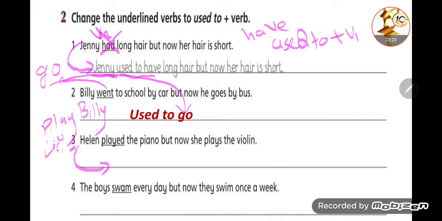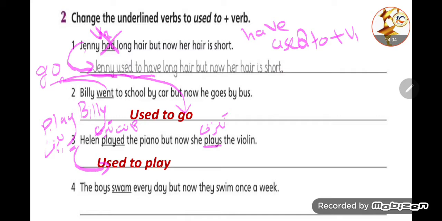Helen played the piano but now she plays the violin. هي كانت تعزف البيانو، تمام؟ but now she plays the violin. لكن الآن شو بتعزف؟ هي بتعزف الفايولين اللي هو آلة الكمان. so بننزل هلن مثل ما هي وبنضيف used to، بنحط الفيرب 1 من play to play. دايما يا مس بالused to أو didn't used to أو did subject used to، اللي هو ال question form، دائما بيجي الفعل بعد ال used to؟